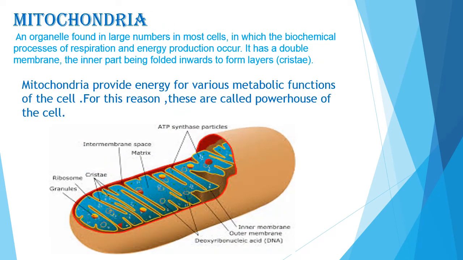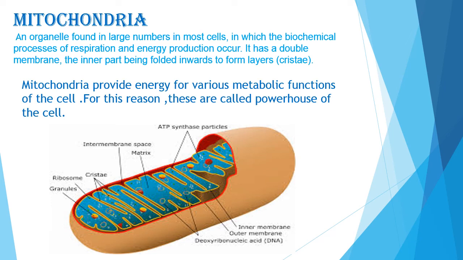Mitochondria. Now we will study mitochondria, our next cell organelle. Mitochondria are tiny bodies of varying shapes and sizes distributed in the cytoplasm. Each mitochondrion is bounded by a double membrane envelope. The outer membrane is porous. The inner membrane is thrown into folds, as you can see here in the diagram, and therefore has an area several times the surface area of the outer membrane.